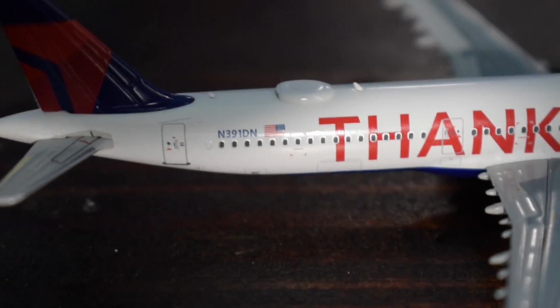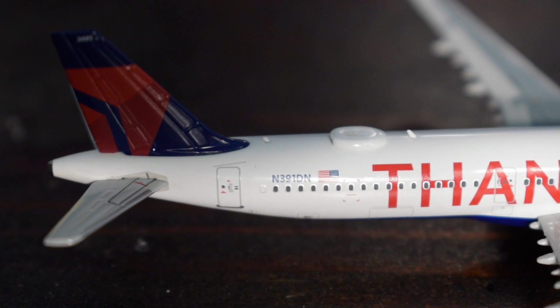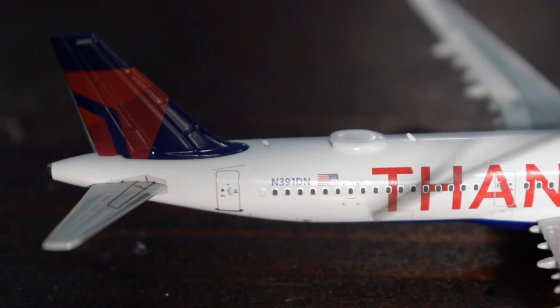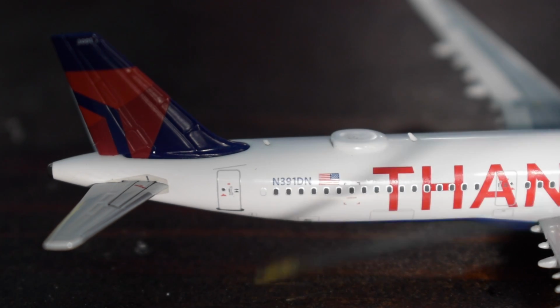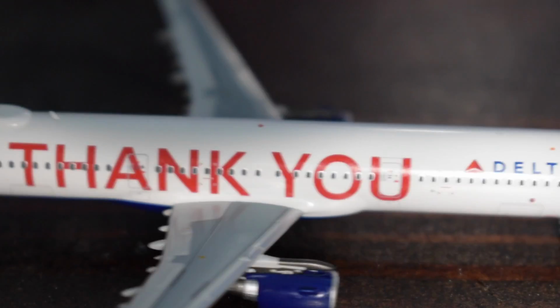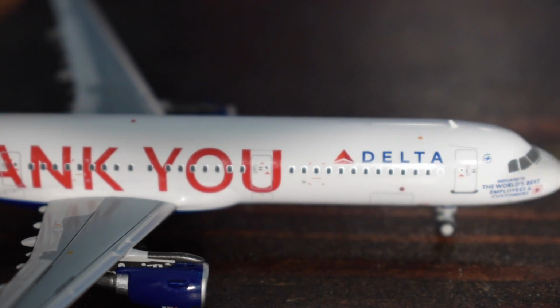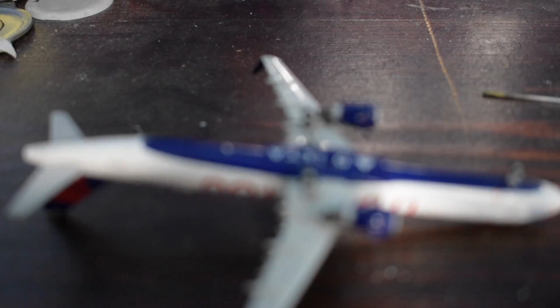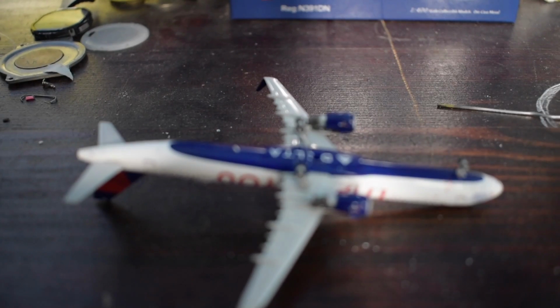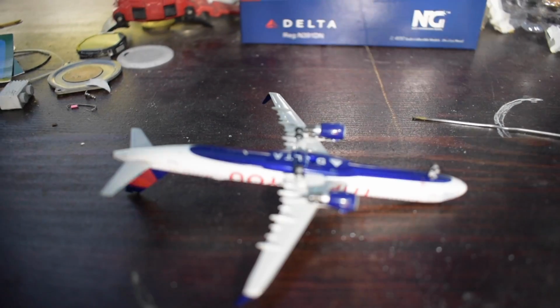Yeah, we're going to move on to the other side of the aircraft from the back up. Okay. So yeah, we've got the same detailing here, but oh god, my detail pointer. We just have the cargo door here and the smaller cargo door. And then we also have the forward cargo door, and then we're going to flip this aircraft upside down, just like that. I don't know if you guys can see that any better. No? Okay, well,